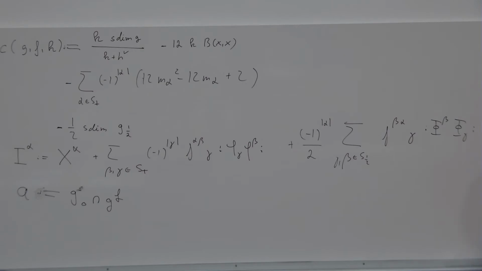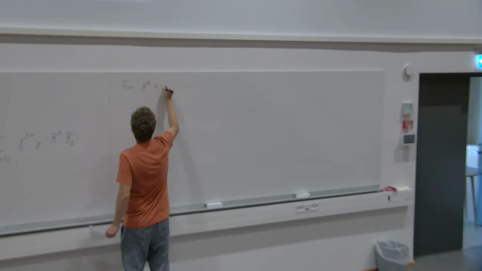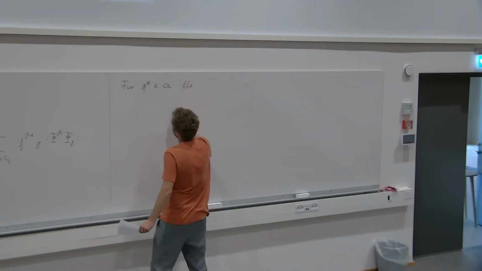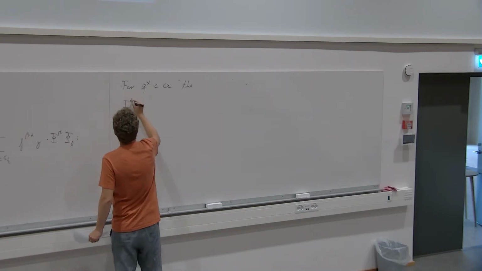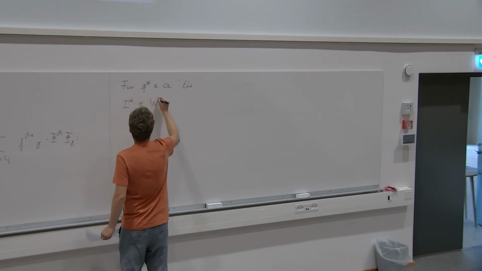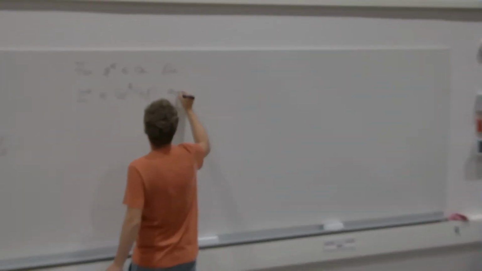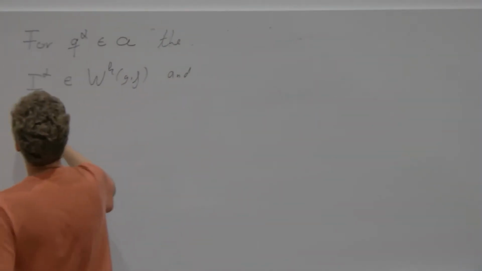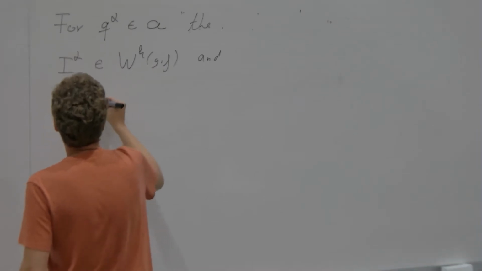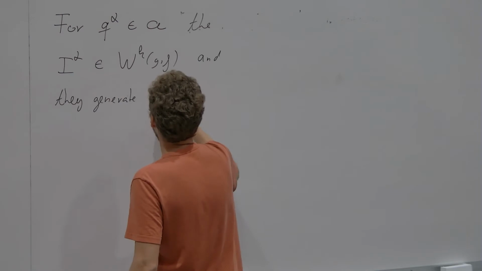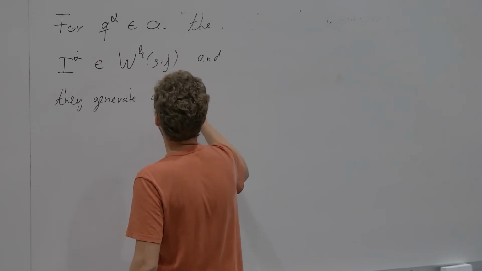So for Q alpha in the subalgebra A, the I alpha are elements of our W algebra, and they generate an affine vertex algebra